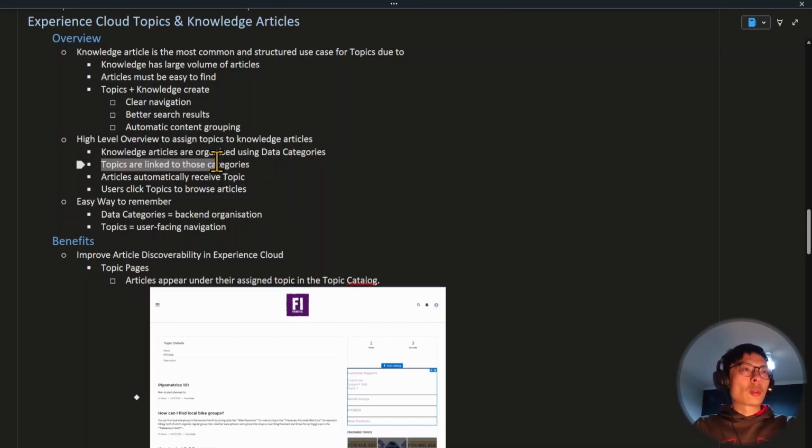Topics are linked to these categories, and you can set up so that articles within certain data categories receive topics automatically. Once this is done, users can then click on topics on your Experience Cloud site and be able to browse